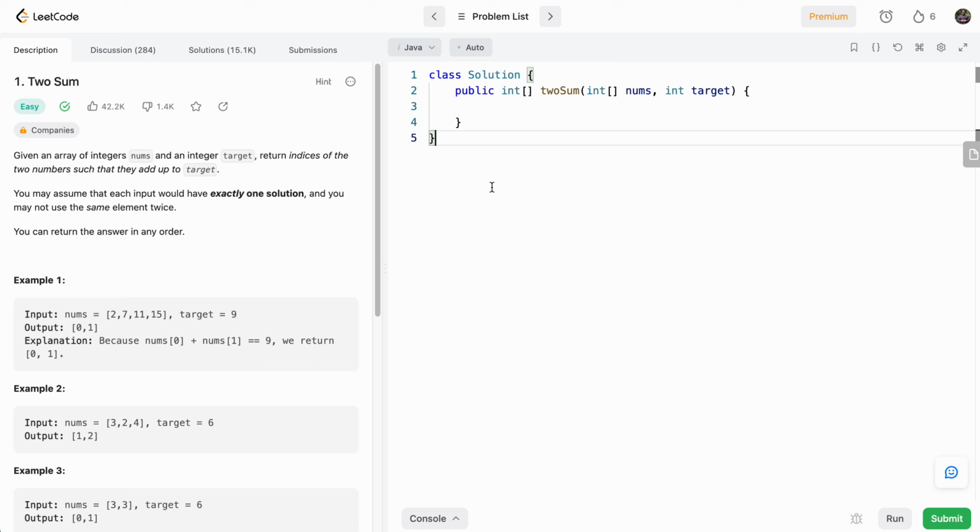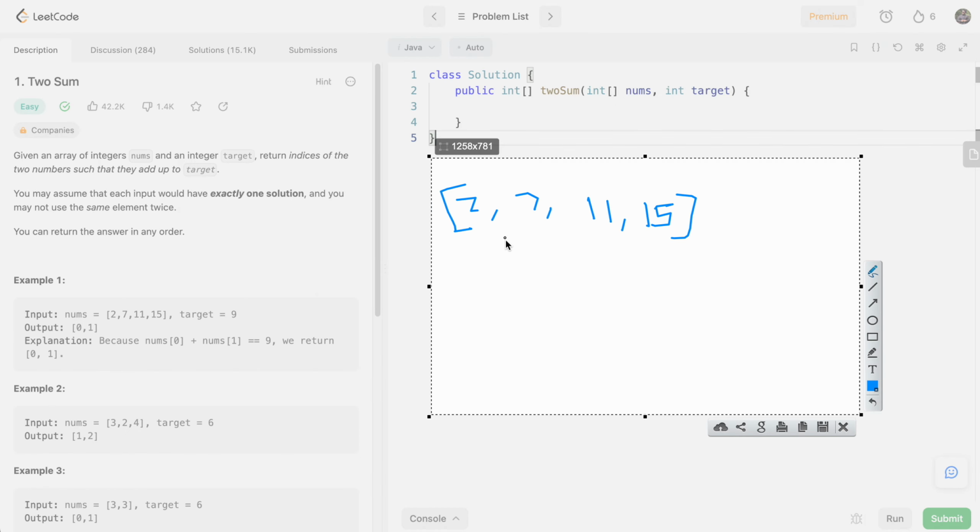So how do we go about solving this problem? So I've written the array again here just for example's sake. Now one way to solve this problem is, we take each element of the array and compare it to every other element until we find the sum that is equal to our target, right? So for example, first we take 2, and then we try 2 plus 7, and then we try 2 plus 11, and then we try 2 plus 15, and if we still don't find the sum, then we move on